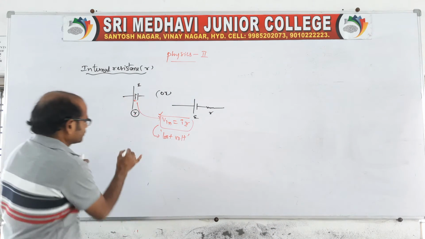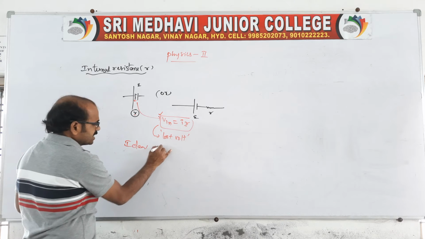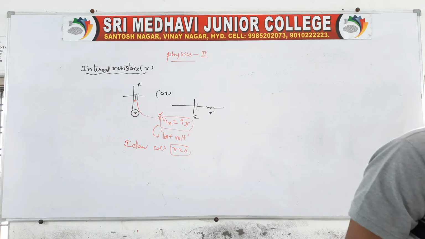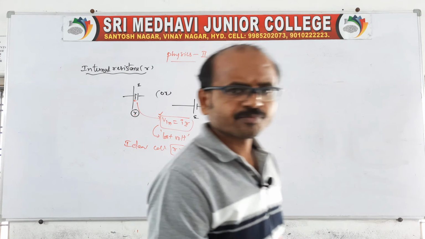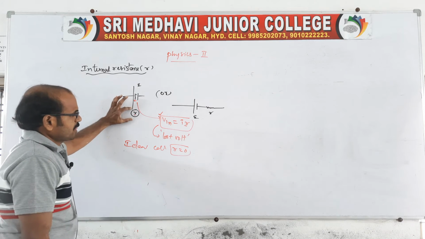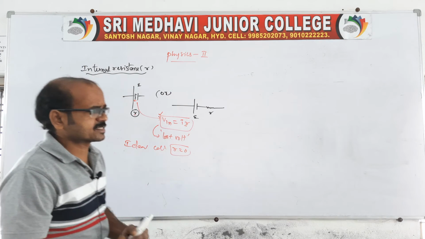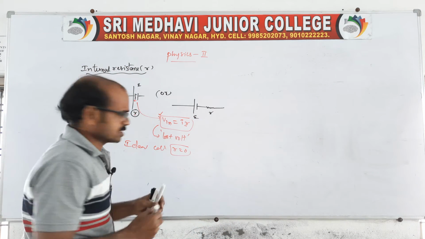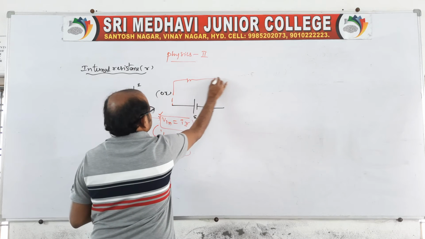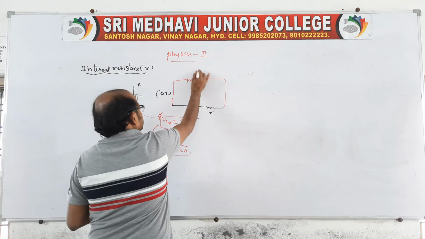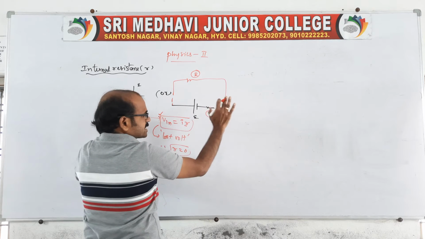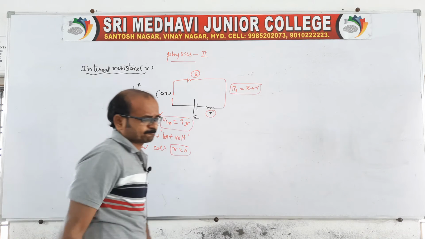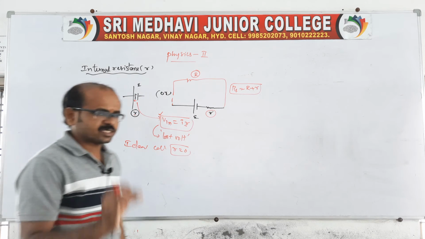Suppose I take an ideal cell, sir, for an ideal cell what happens? The internal resistance of an ideal cell is 0, which is very important. And here the internal resistance small r is always in series with the external resistance. Suppose I connect some external resistance, capital R, like this. This capital R and the internal resistance are always in series. If I take the series, the effective resistance will be capital R plus small r, which is very important information, and you remember it.